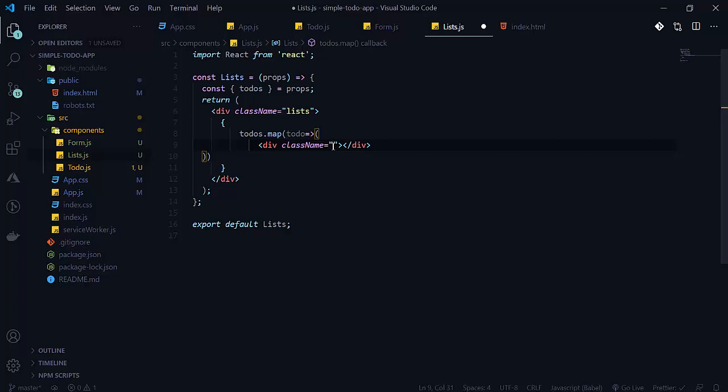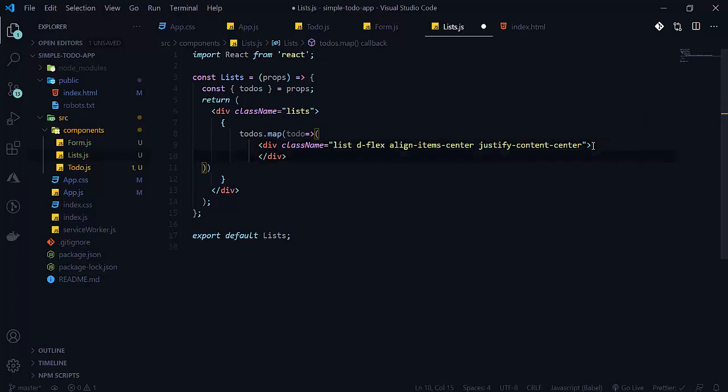So div className will be list, and here we want display flex, align-items center, and justify-content center. So here will be our list here.